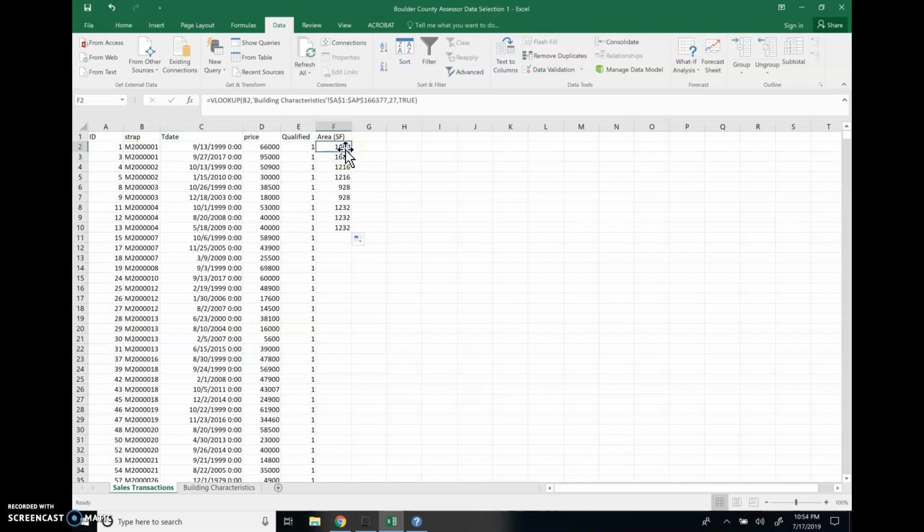So we know that the VLOOKUP function is working. We could, if we wanted to, put in some more columns here. But I'm just going to finish out the column, and this will allow you to join in one column at a time anytime you need it into this table, which is what you're going to need for the raw data, so you'll be set to do a lot of